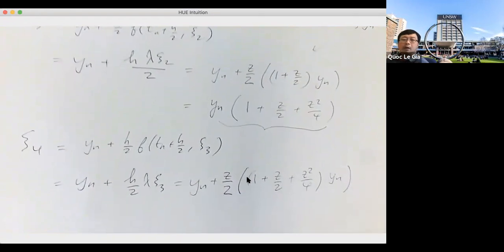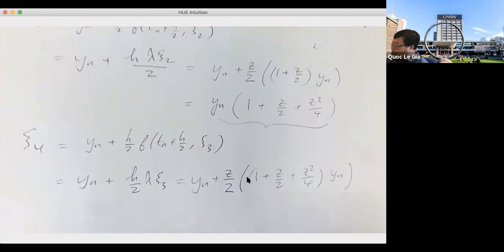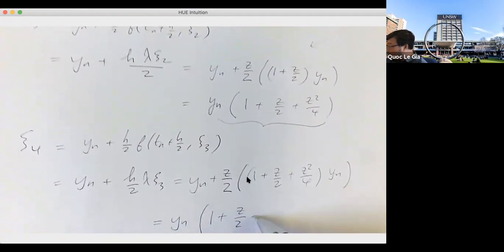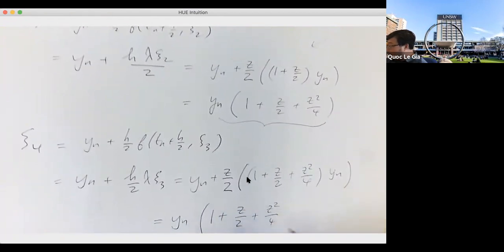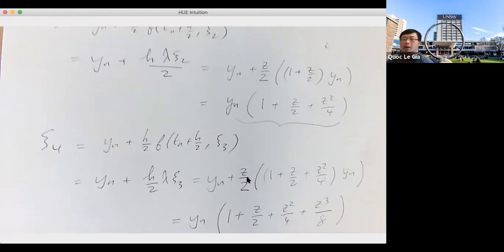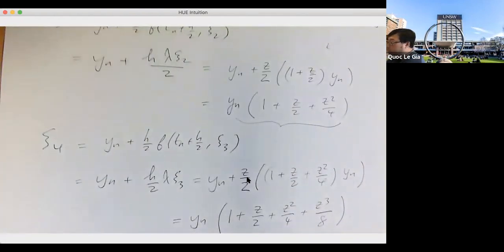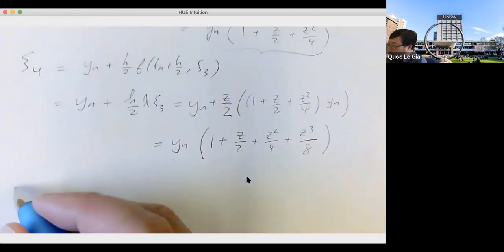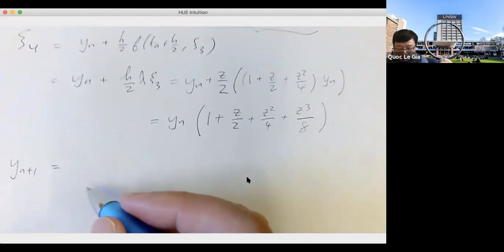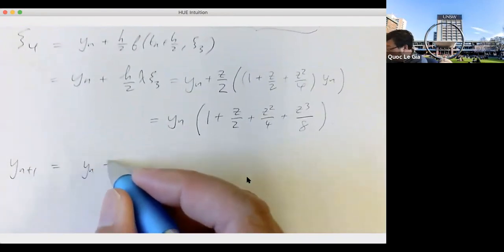Okay. And now I can make yn to be the common term. So I got 1 plus z over 2 plus z square over 4 plus z cubed over 8. Okay. And now I just put everything into yn plus 1. So remember yn plus 1 is yn plus